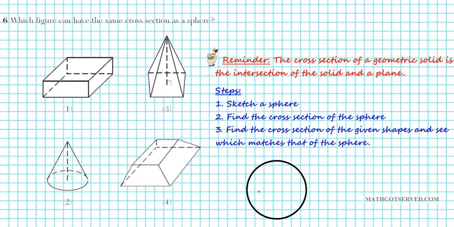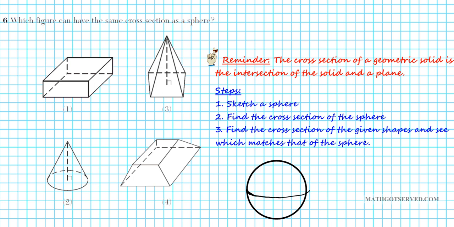Okay, imagine playing Fruit Ninja, for example. If you're playing Fruit Ninja and this is an orange and you slice it with your katana, what kind of outline will be formed when you slice your orange with your sword? Okay, so that's what we're going to be doing. So if we slice this sphere with a plane, the outline of the intersection gives us what the cross section is. If we do that, what we're going to have is a circular